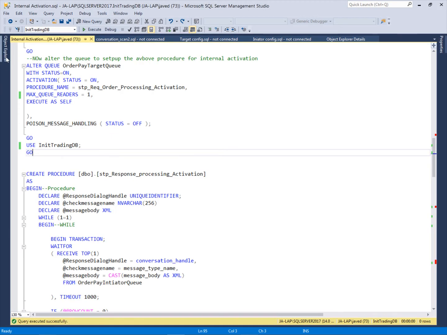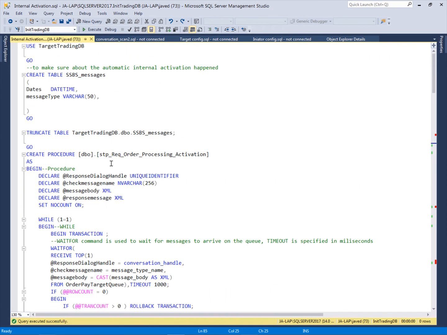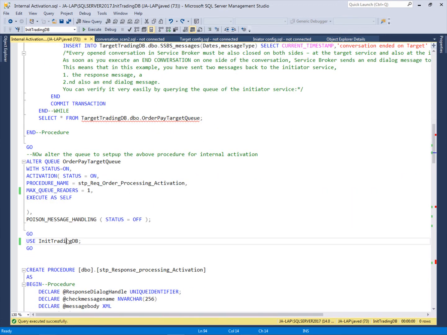This is my SQL Server Management Studio, and here I will implement the internal activation. In the last two videos, I created two databases, the target trading database and the initiator trading database.